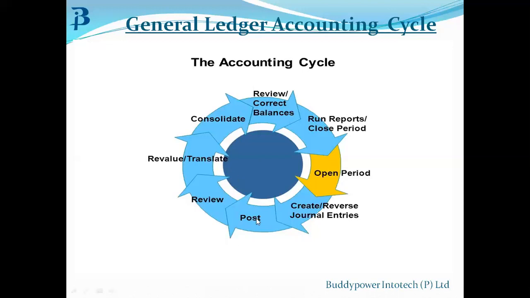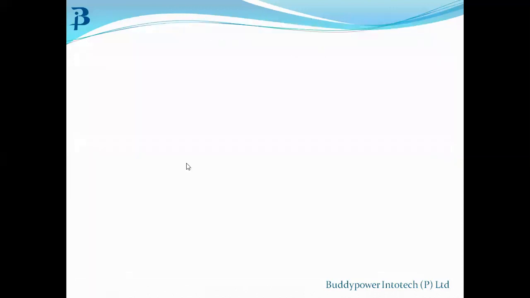Then you review the details of the unposted journal batches, in case any batches have been missed out. Then you edit those unposted journals to change or correct the information. Then you post the journal batches manually or automatically. In this stage you post and review, and then you revalue your foreign currency denominated balances.